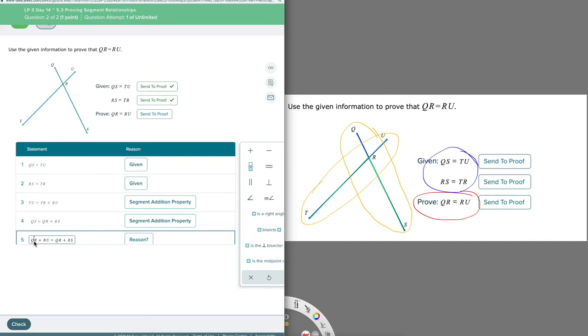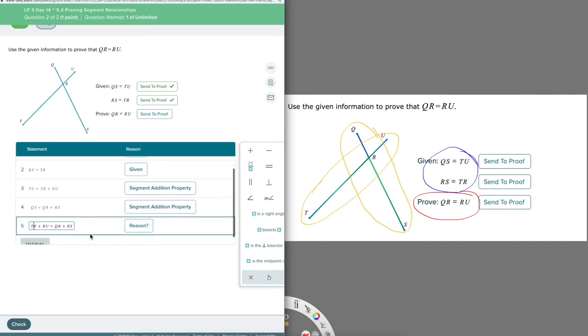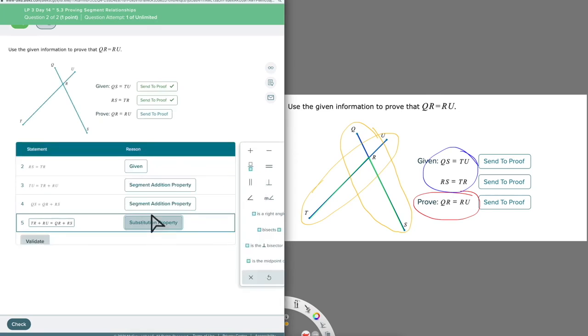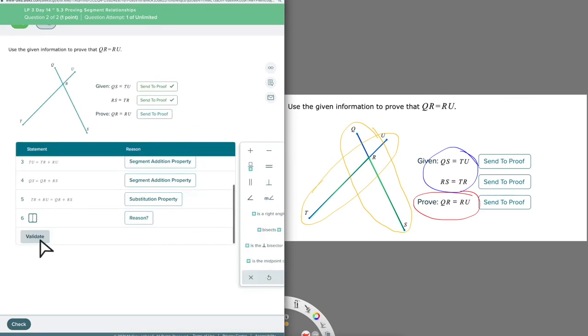TR, I wrote that wrong. TR and RU. So I'm just substituting. So let's go down and click substitution. So I'm substituting these together. So far so good. If it doesn't like the step, it's going to kick it back at me and go, nope, not yet. And one thing we actually talked about in getting ready for doing these types of things is